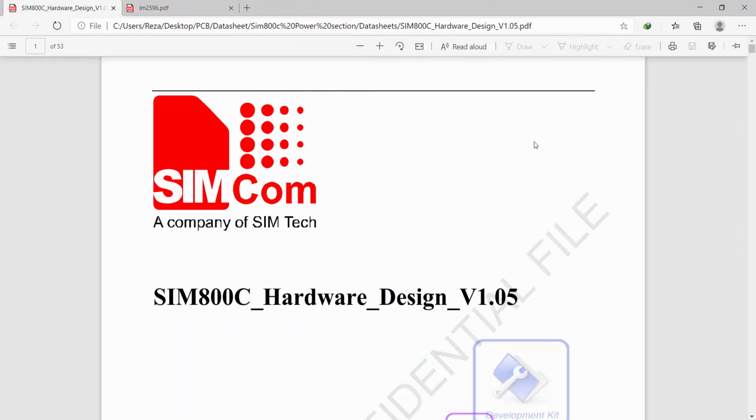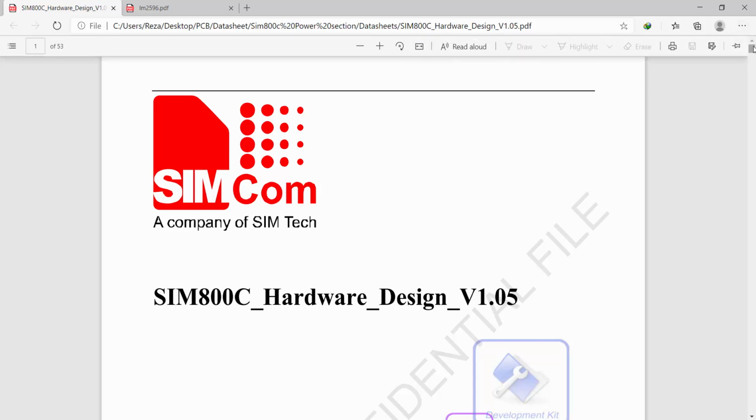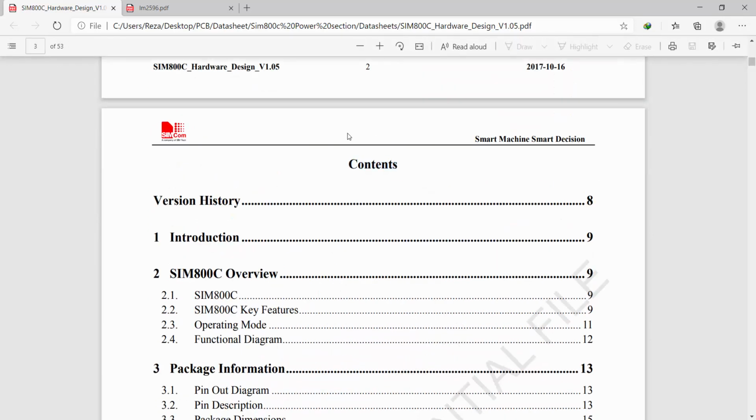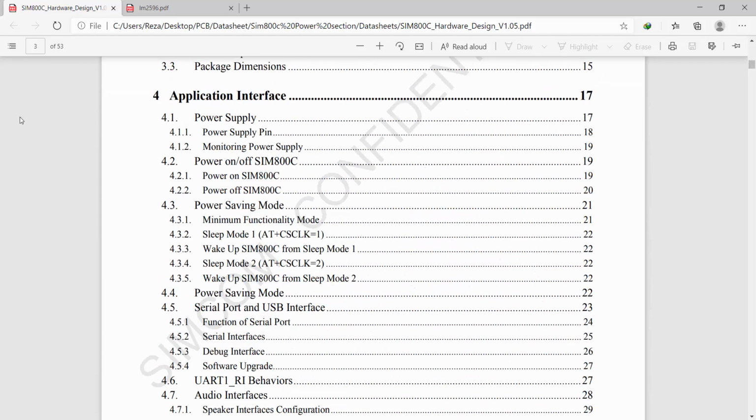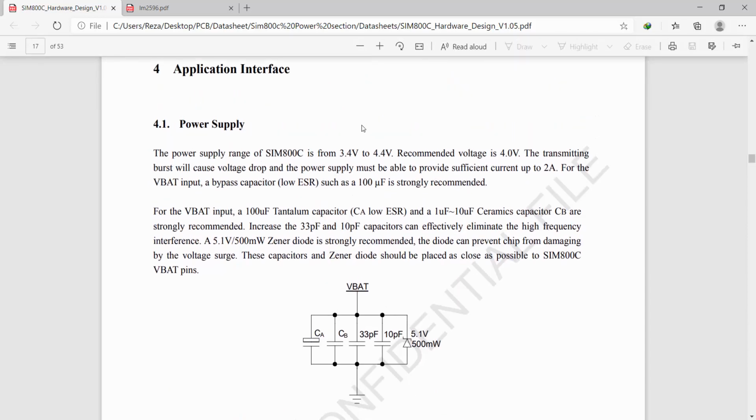So this datasheet will help you to choose the right components and the right values for them. After opening, go to the contents index, and go to the power supply section and click on power supply. Okay, so as you can see here, the datasheet says that the power supply of SIM800C is from 3.4 volts to 4.4 volts,